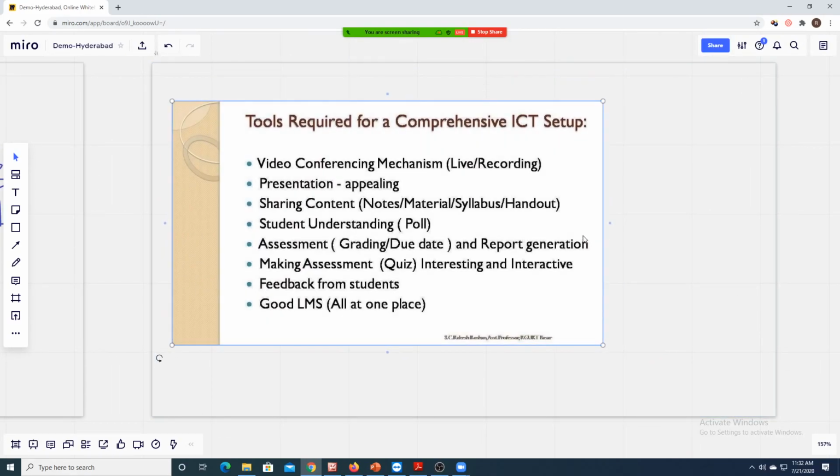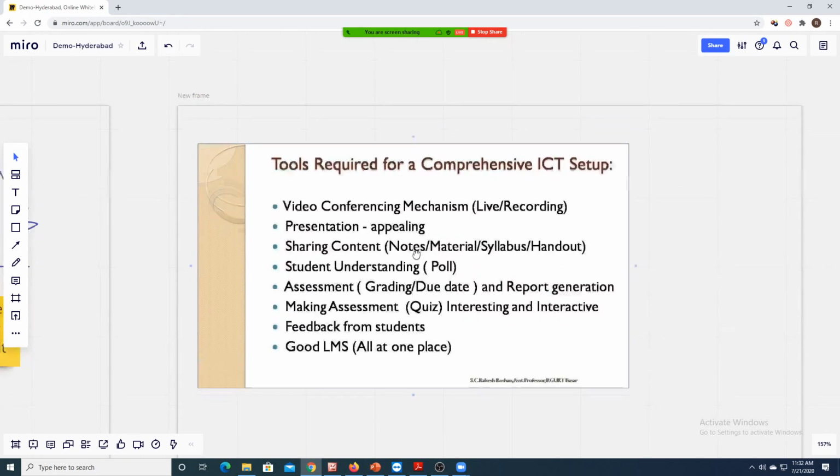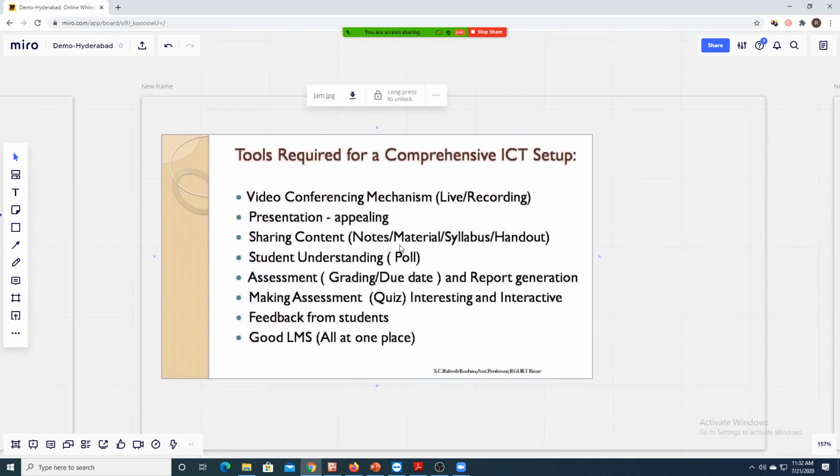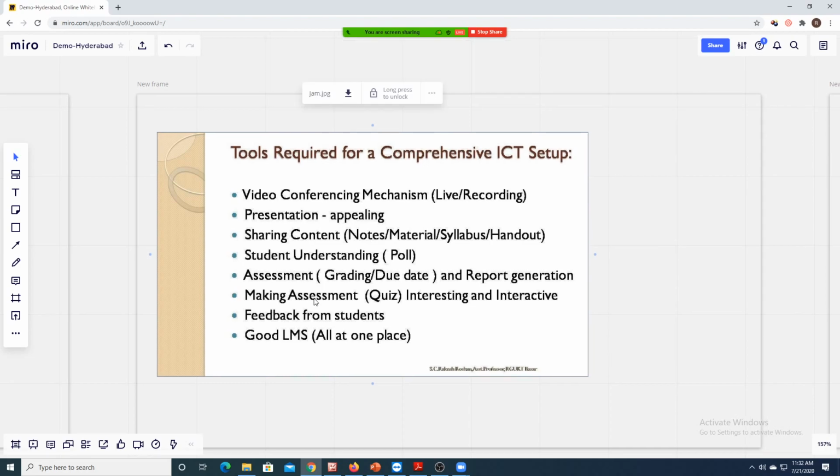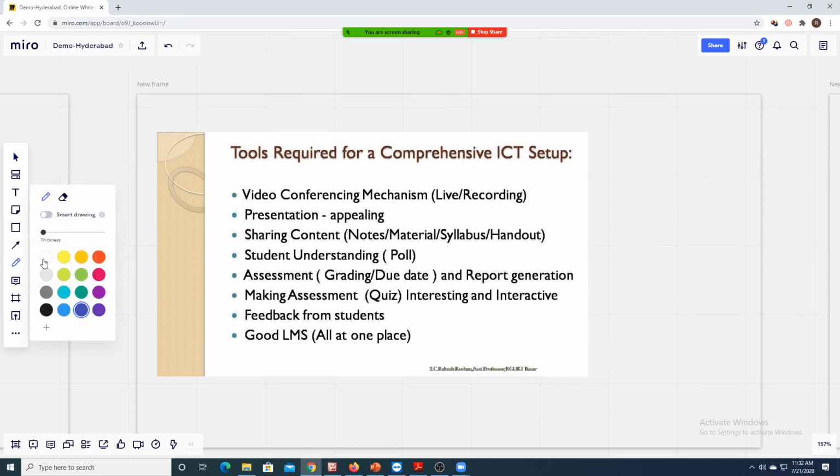And once again you can move this. This is a picture, right? You can move this. If you want to lock it, you can lock it. See, you don't want this, so you can just lock it. Now you drag it, it won't move. It is locked with the frame. So it won't move at all. And then once again, as I told you previously, start explaining to your students.